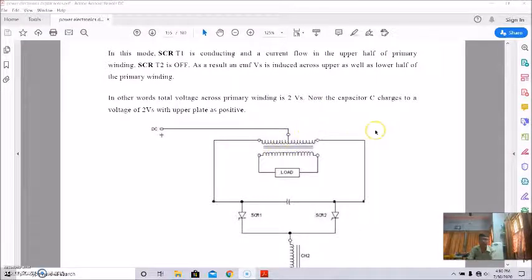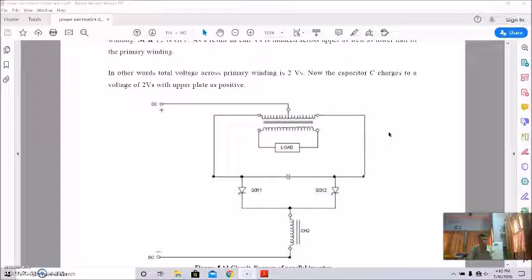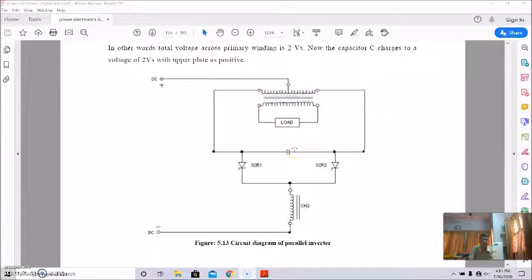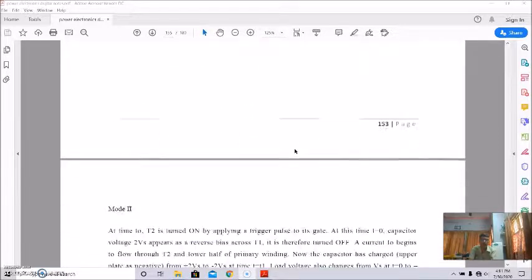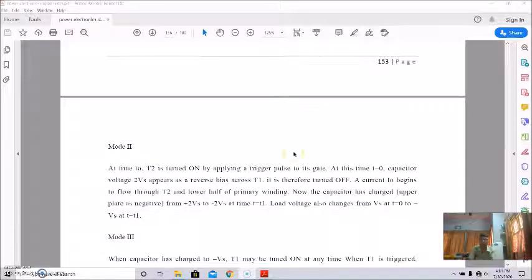Now the capacitor C is charged to a voltage of 2 Vs, with the upper plate as positive. And in the second mode, at the time T2,